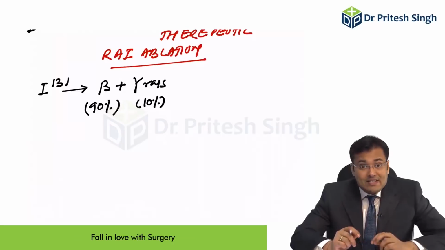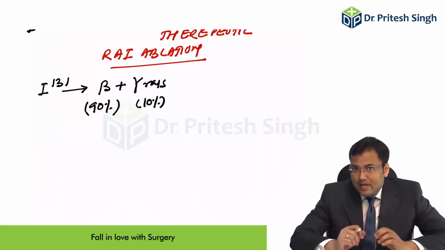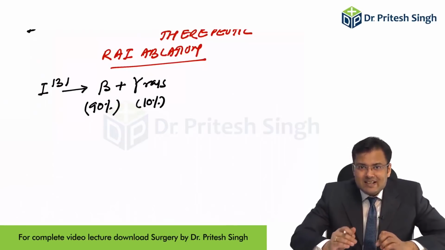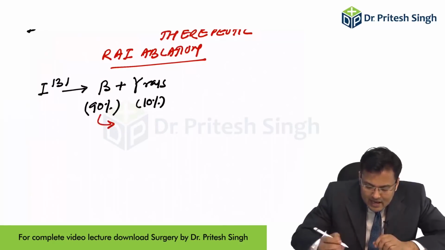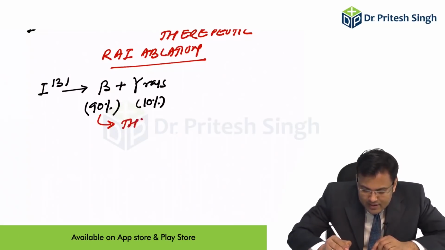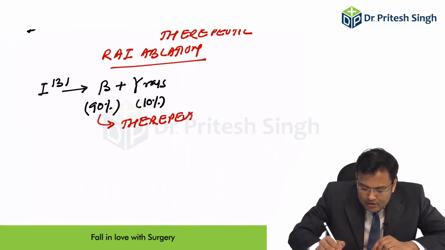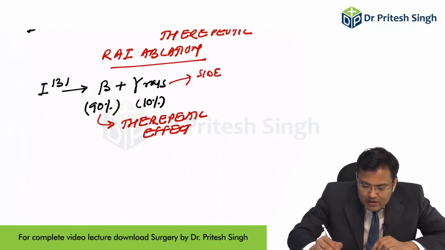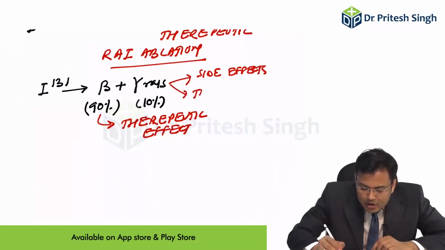Which of the following rays are responsible for therapeutic effect, which one is responsible for side effects, and which one is used in tracer studies? Beta rays are responsible for therapeutic effect, meaning for the ablation of thyroid, and gamma rays are responsible for side effects. Simultaneously, it is also used in tracer studies